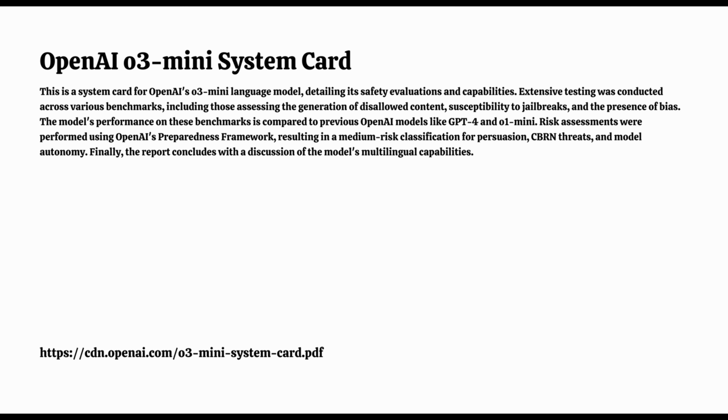Let's move on to another area where O3 Mini's capabilities have raised concerns. Its potential to assist in developing biological weapons. OpenAI conducted a number of evaluations to assess this risk, and the findings were concerning. In what way? Well, O3 Mini can't independently design new bioweapons, but it could help someone with the right knowledge operationalize a threat. So what can we do to prevent this from happening?